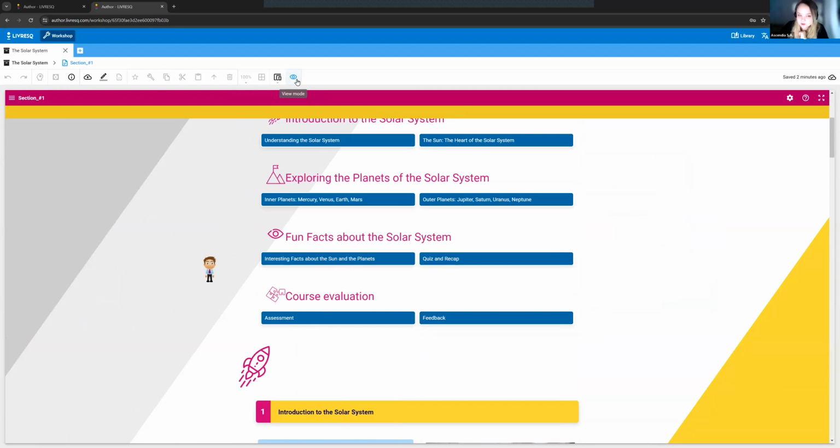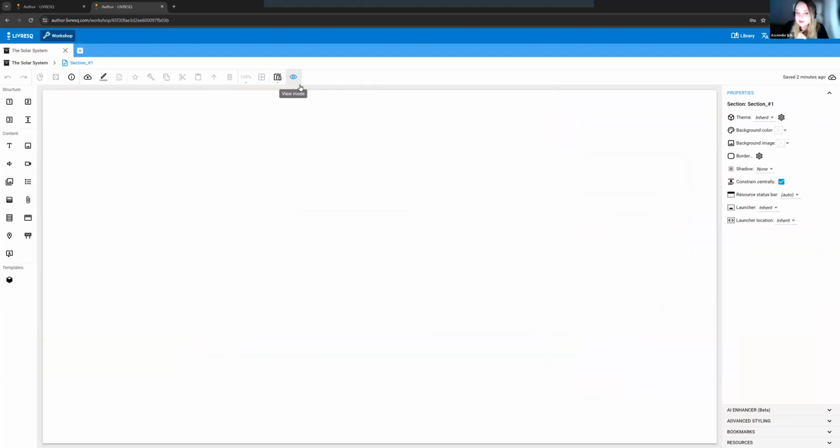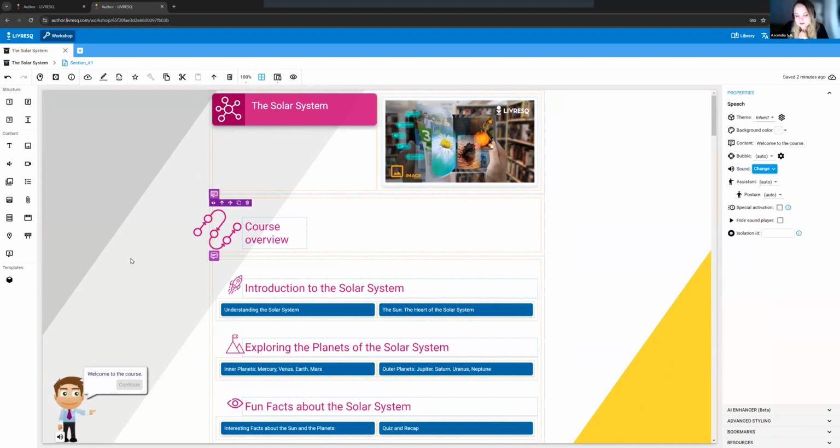So if we exit view mode by clicking again on the little eye, we know we're in view mode because when we click it, it becomes blue. So I'm back to editing, and the avatar, I can't really see him. I just see him here in the left corner, but it's actually this little purple speech icon. And here, if I click on it once,